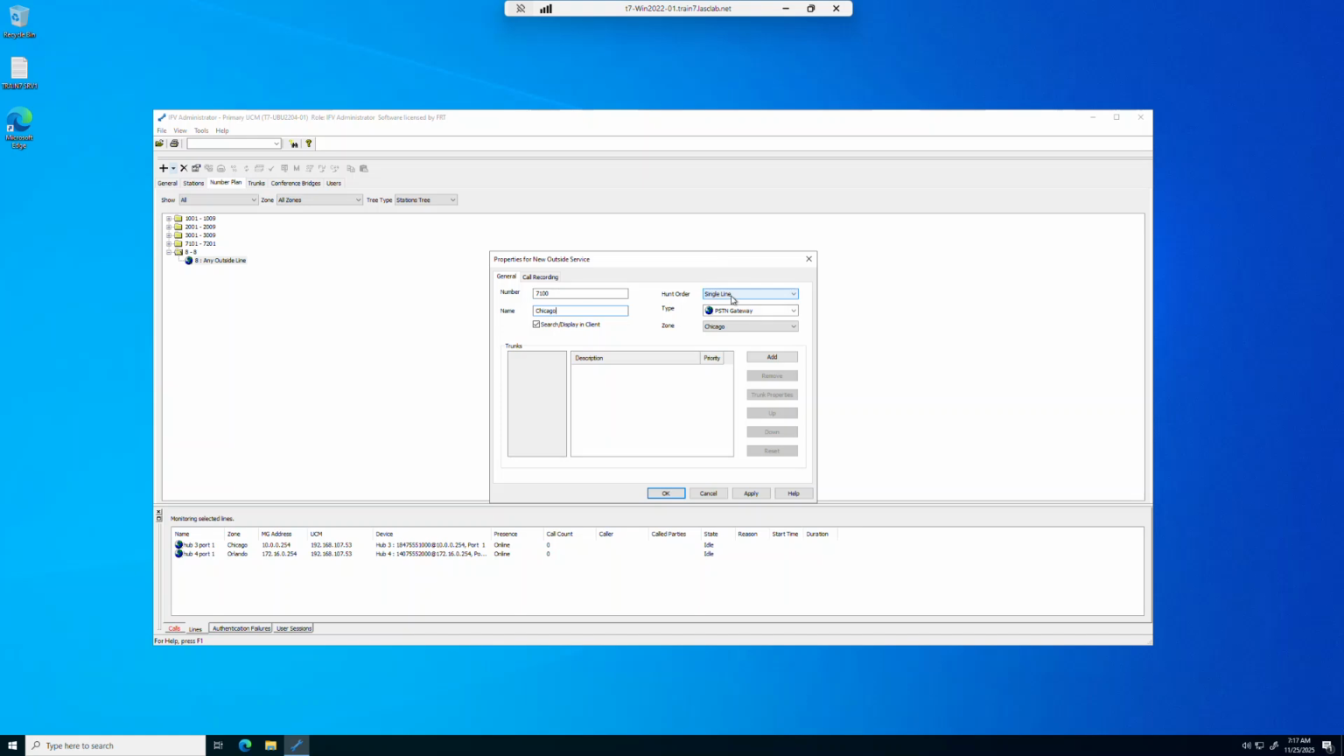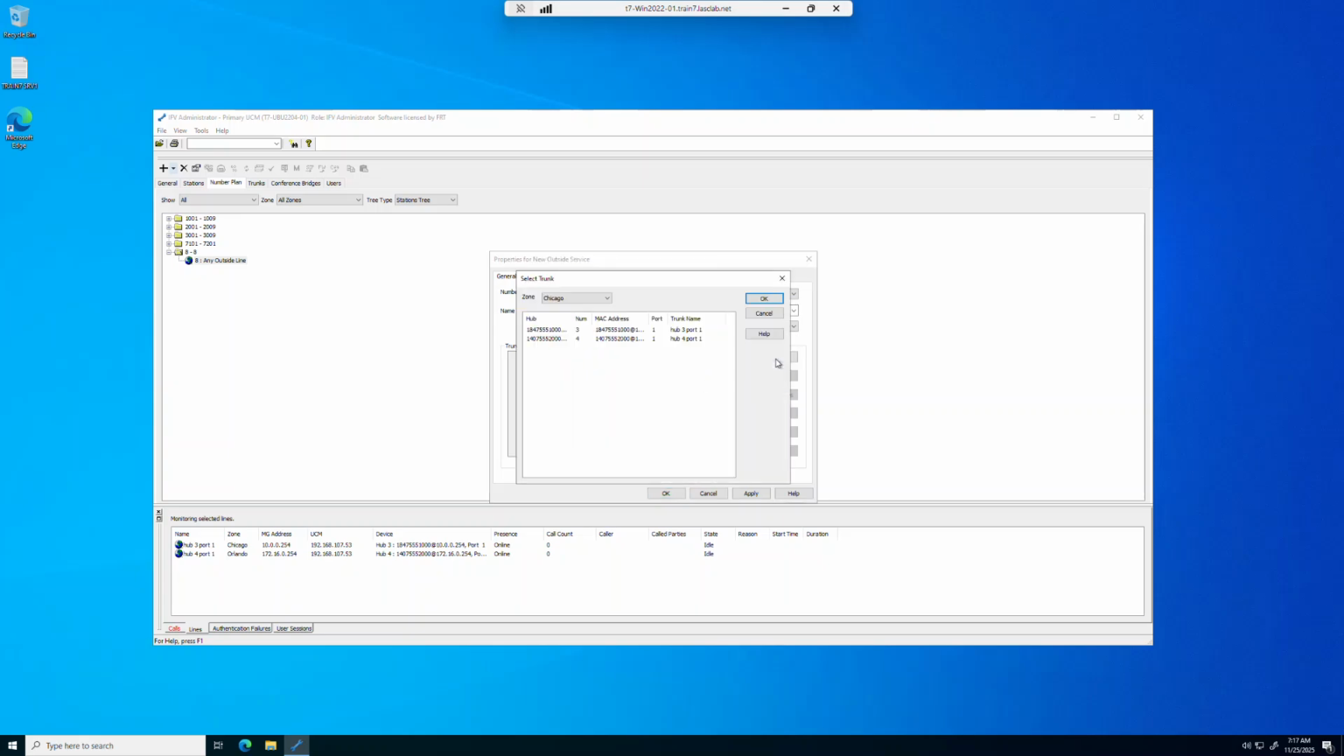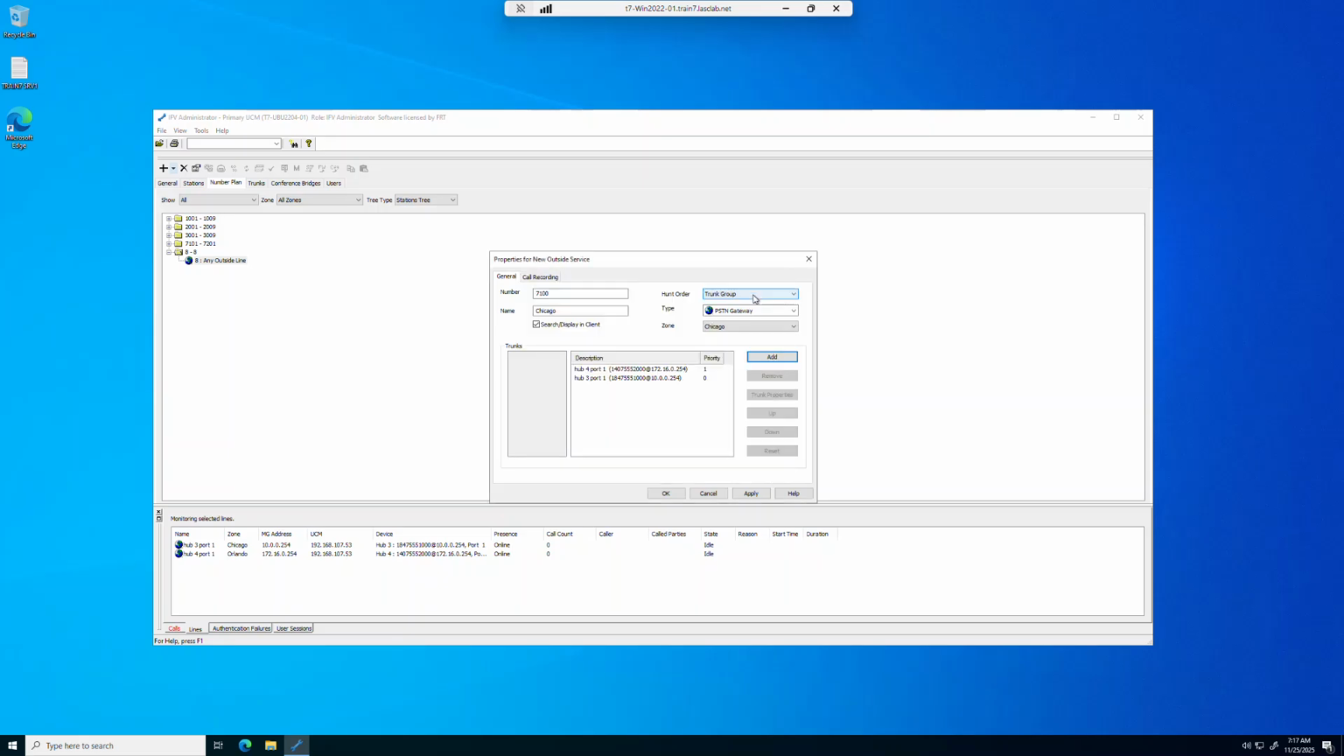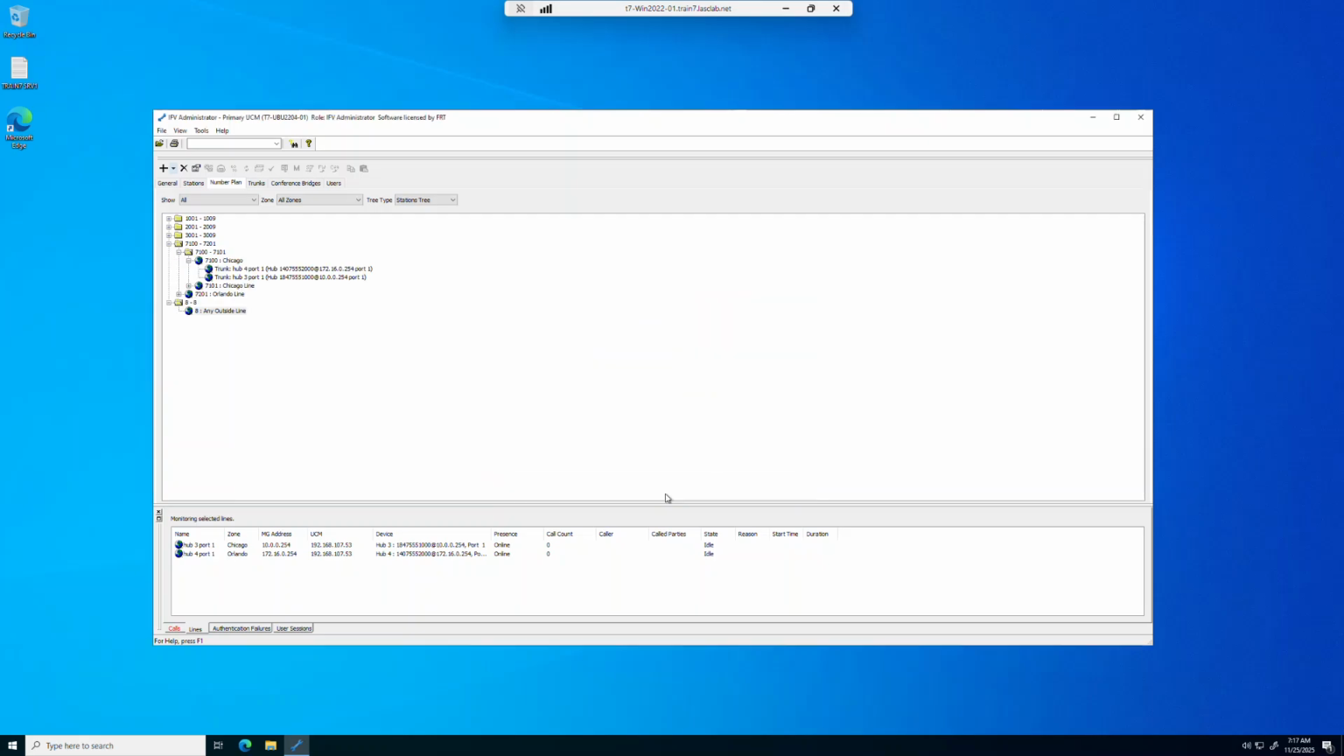But now I will change it to a trunk group. My zone will still be Chicago. And now I will add my two trunks here. And I will make sure that my Chicago trunk is the first priority. So doing it that way